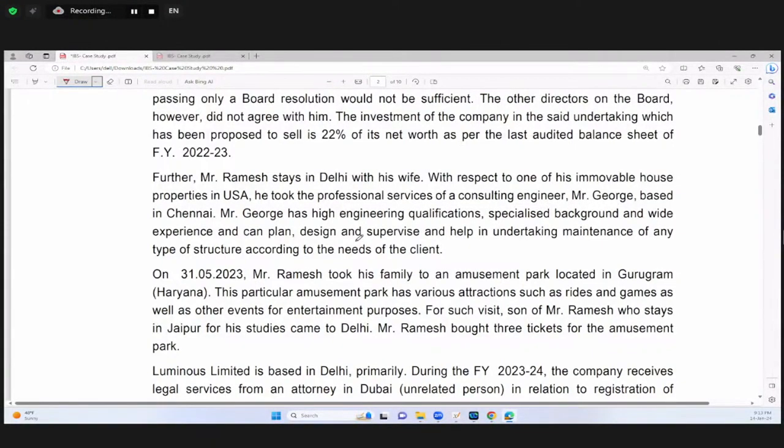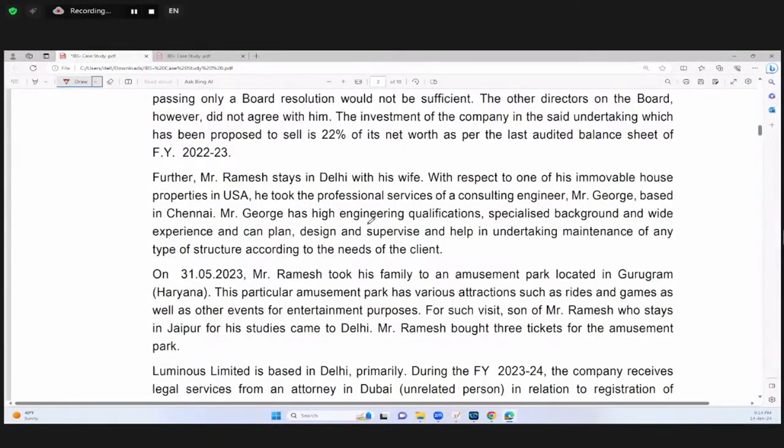George. और स्टूडेंट्स, immovable with respect to one of his immovable property कहाँ पे, यूएसए में, तो उसकी प्रॉपर्टी बाहर है। और यहाँ पे जो सर्विस प्रोवाइडर कौन है, जॉर्ज है। सर्विस रेसिपिएंट कौन है, यहाँ पे मिस्टर रमेश है। और सर्विस जो हाउस प्रॉपर्टी सर्विसेज इन रिस्पेक्ट ऑफ ए हाउस प्रॉपर्टी, वो कहाँ पे लोकेशन है उसकी, उसकी यूएसए में, यूएसए में है।